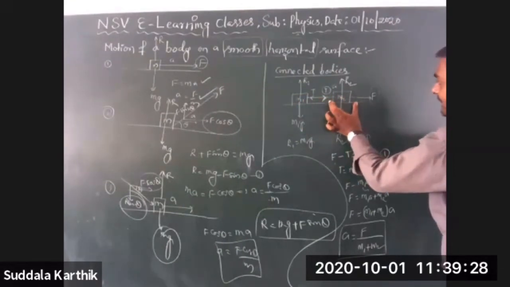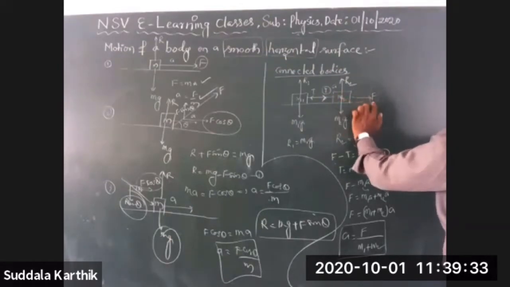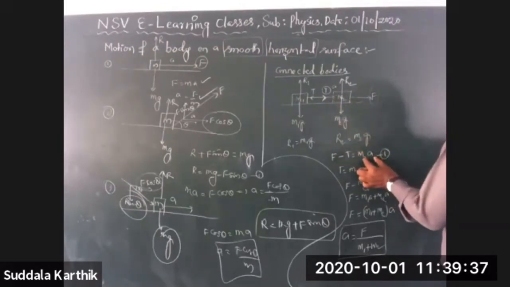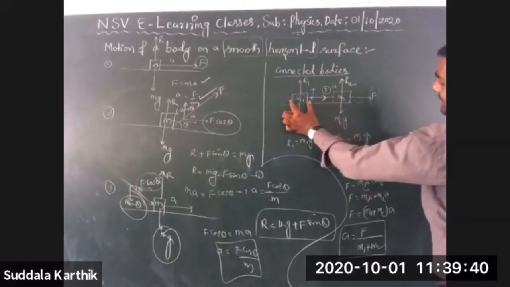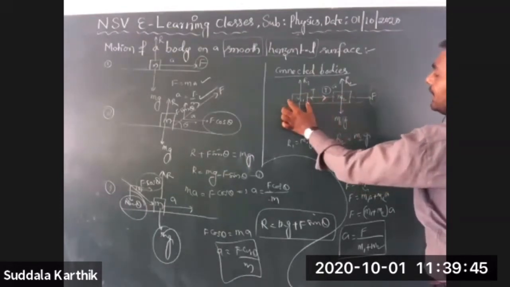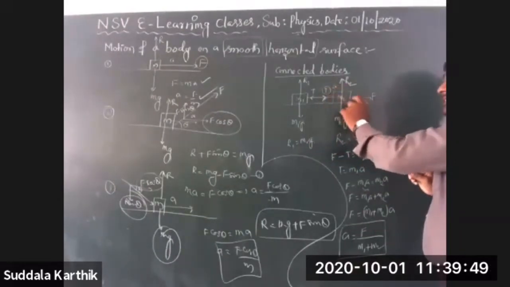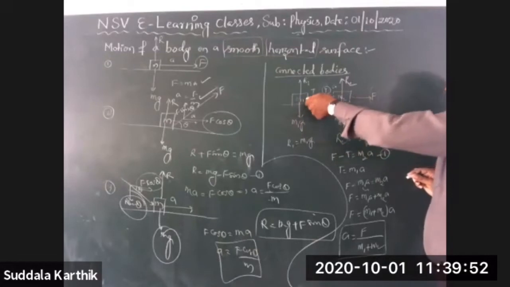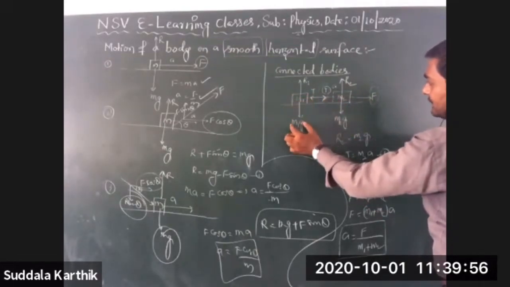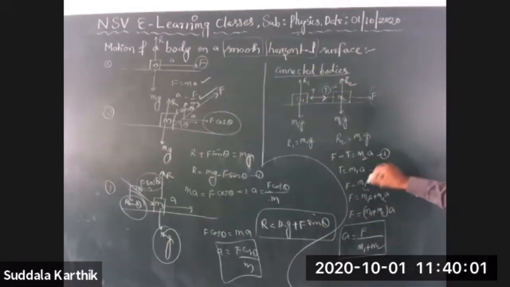That's why I am first calculating the resultant force acting on this body. The resultant force is F minus T, and that must equal m2 into a. After that, here also, what is the resultant force? On this body, F is not acting. Only T is acting, and this T is also developed by the other body. So that T equals the resultant force, which equals m1 into a. Let it be equation number 2.